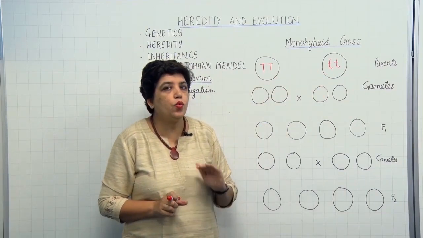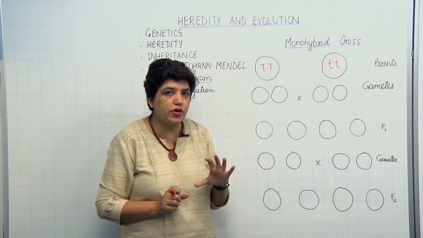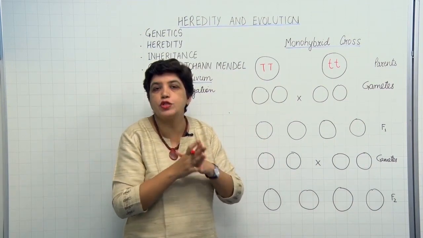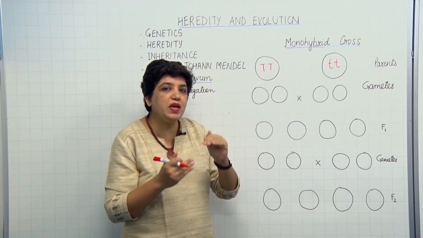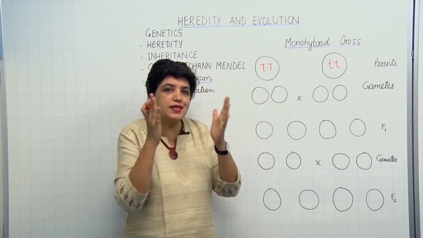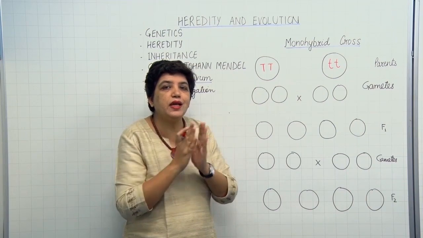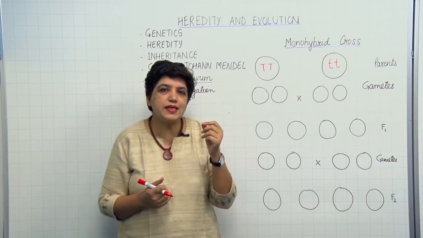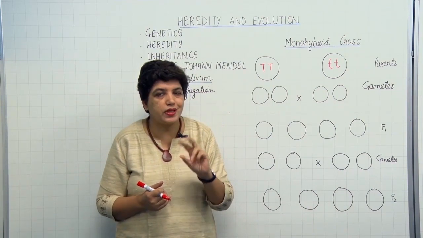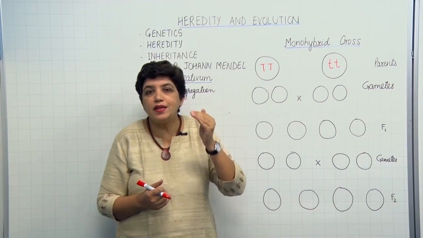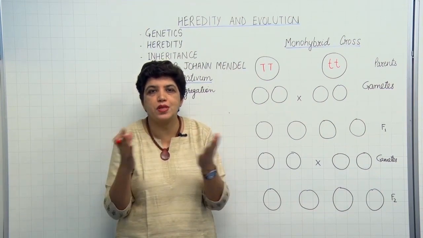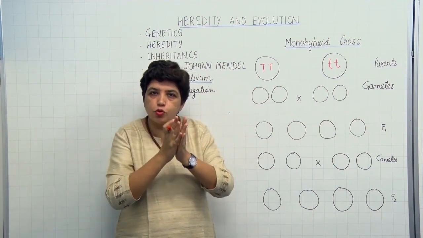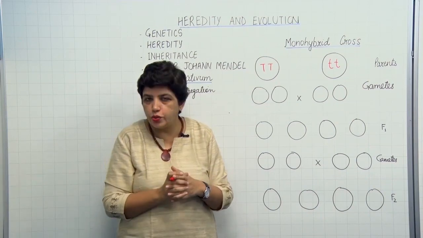As you know, what happens during gamete formation? In sexual reproduction, one male gamete and one female gamete fuse together to form a new cell, which is called a zygote. Now during gamete formation, the chromosomes separate out. So gametes contain half the number of chromosomes. For instance, in human beings, each cell contains 23 pairs of chromosomes, that is 46 total chromosomes. But the gametes will have only 23 chromosomes, half the number. So half from the male, half from the female, these chromosomes combine together to form a new individual.